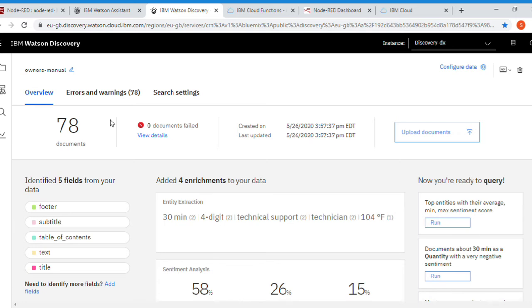I used the Ecobee 3 document, and it was split into 78 pieces at the end. It does this in accordance with our requirements, like the subtitles, titles, headings, and text, so it separates into a number of pieces. Here I have annotated the Ecobee 3 document. Now we have IBM Watson Discovery and IBM Assistant separately, but we have to link these two services. For this we have to use cloud functions.